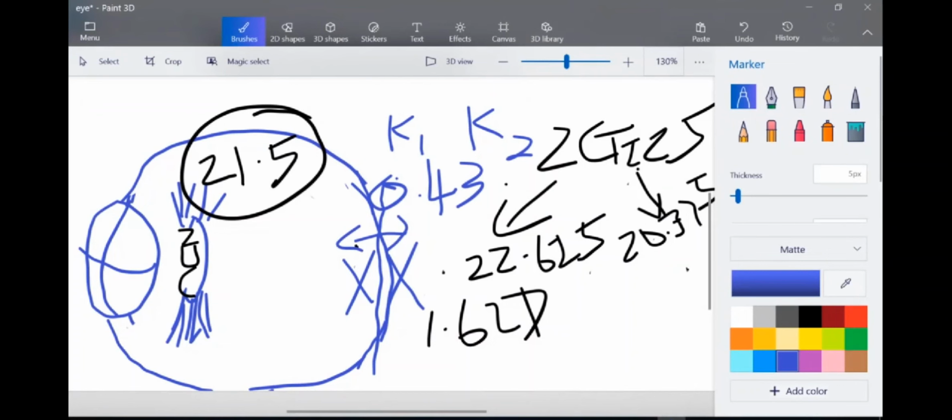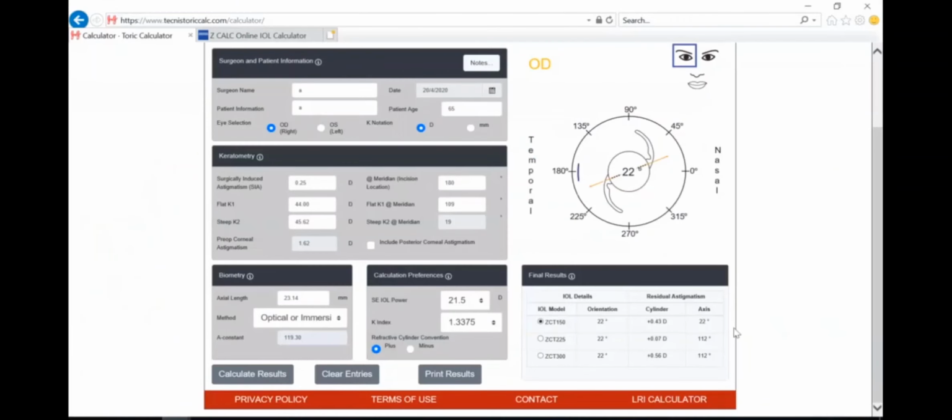0.43 diopters. Okay, so we have narrowed the gap from 1.62 to 0.43. So that's not a bad result, because if it's less than 0.75, that means the patient is going to see pretty good. Now the other option here, if you are choosing